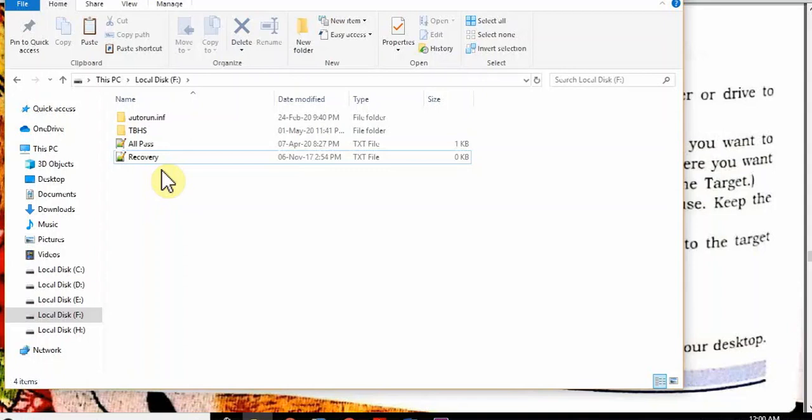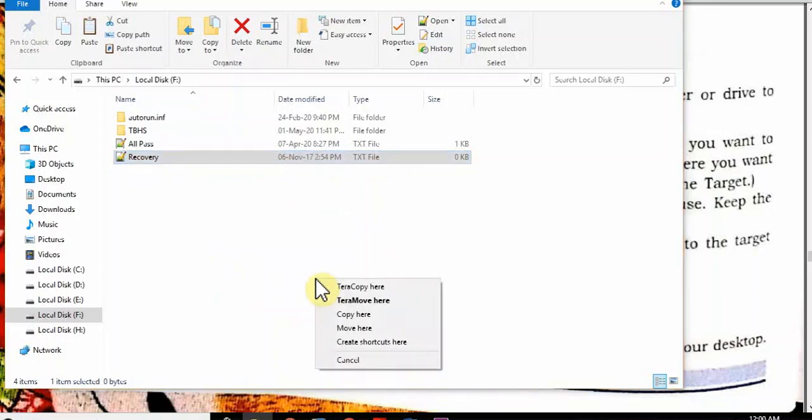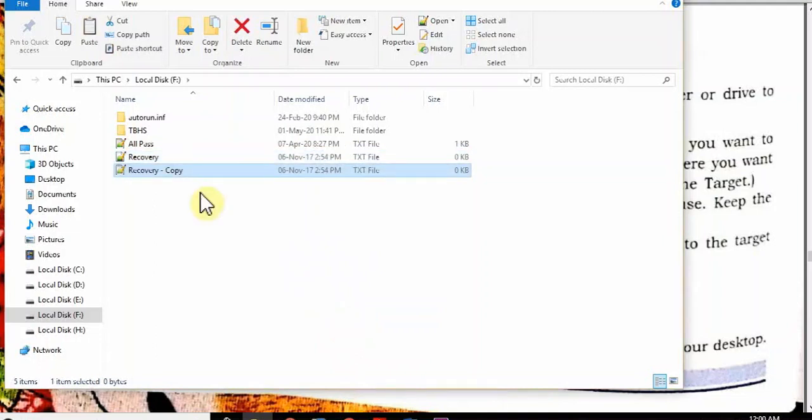Now I am clicking by right mouse button. Going to this, clicking right mouse, and you can see I am able to drag. Students, you can see I am able to drag. You can see this is moving. It means I am dragging it. Now if I leave the right mouse button, you can see there are options: copy here or move here. If I choose copy here, it will make a copy.